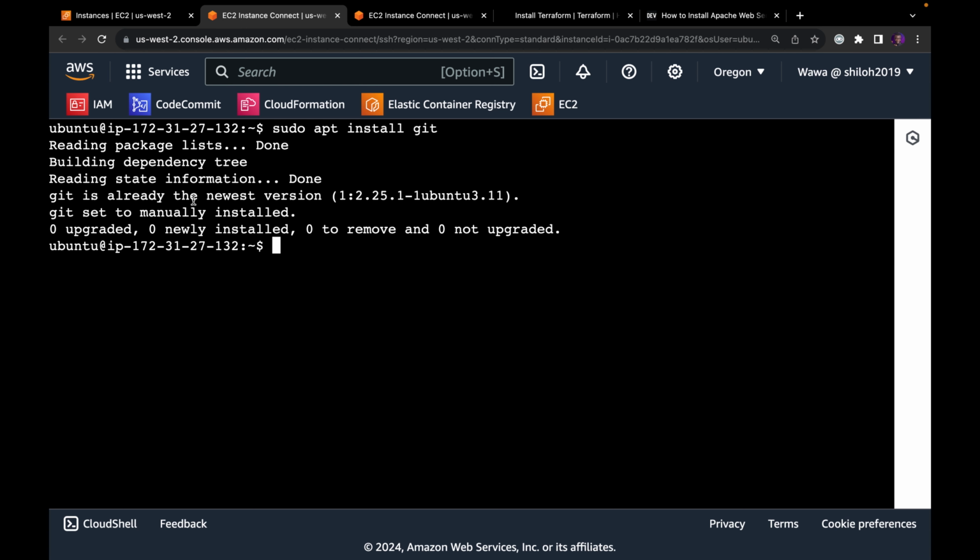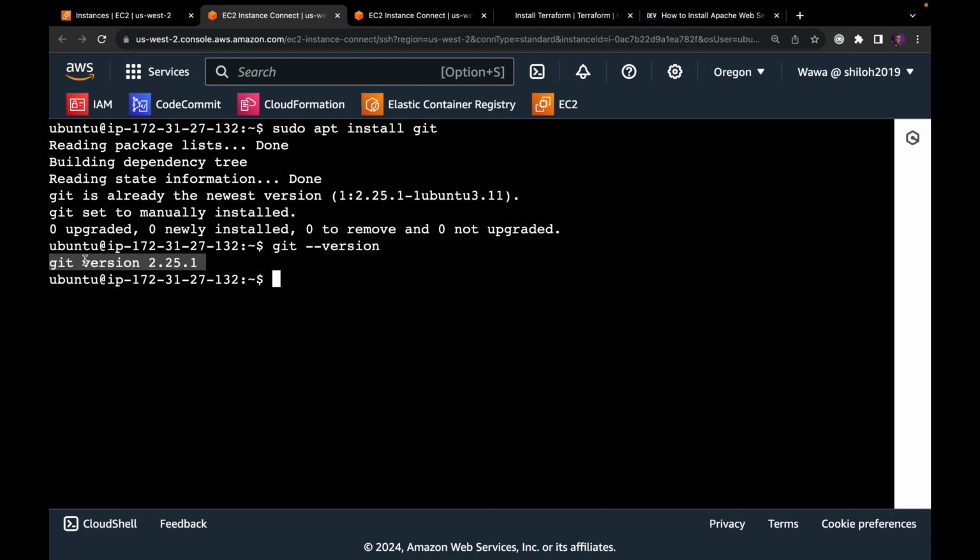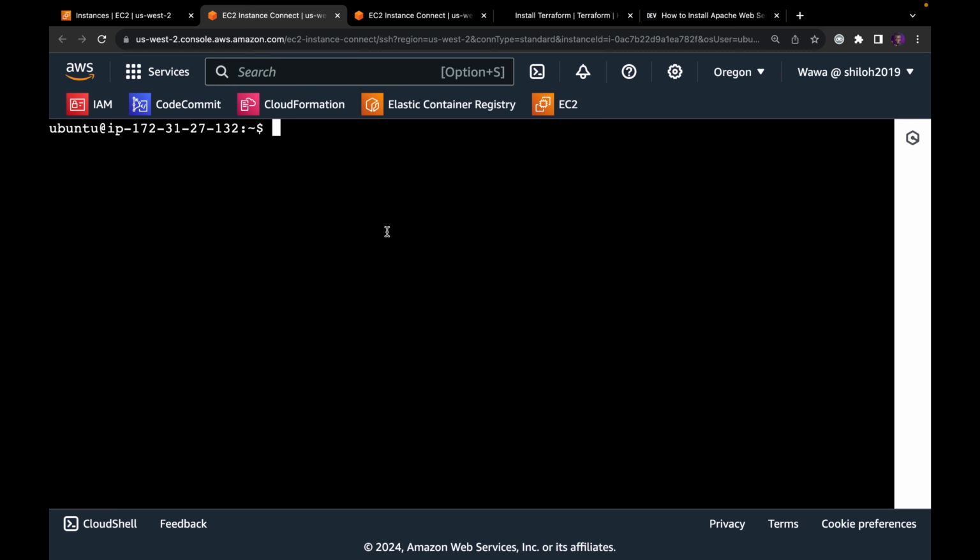Now, Git is by default manually installed in Ubuntu. For you to verify that, you do git --version and it will tell you the version of Git that is installed by default in Ubuntu. So let's try installing our second package, the Apache package. So we do sudo apt install